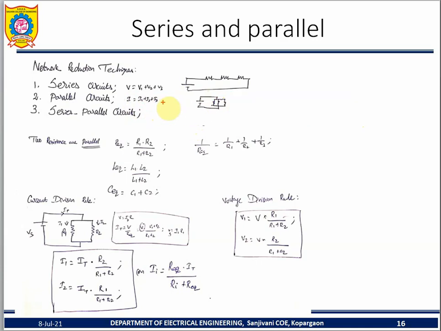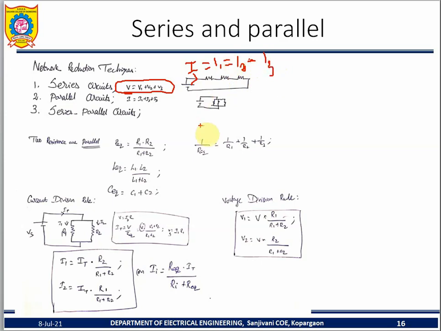I will repeat again. What about the series circuit? That is the voltage. What about the current in the series circuit? With three elements, the flow of current is common to all the elements. I is common: I is equal to I1, I1 is equal to I2, the flow of current in element 2, which is also common, and the flow of current in element 3 is I3.